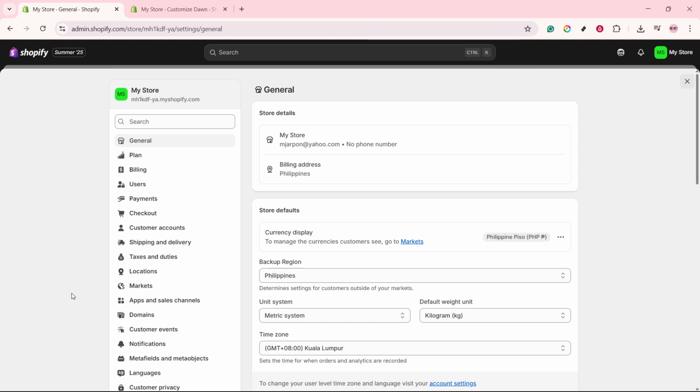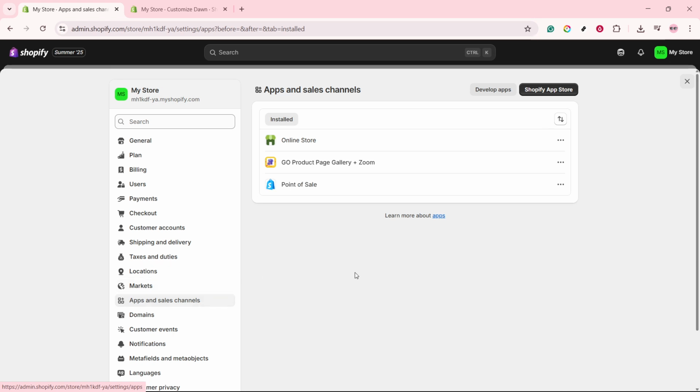Once you've opened the settings menu, the next step is to find the option labeled Apps and Sales Channels. This is your hub for managing all the third-party services and tools that you've integrated into your store. Click on this option to view a list of all the apps currently installed on your Shopify store. As you look through the list, identify the app you want to remove. It's a good habit to double-check that you're selecting the correct app, as uninstalling it will remove all its functionalities